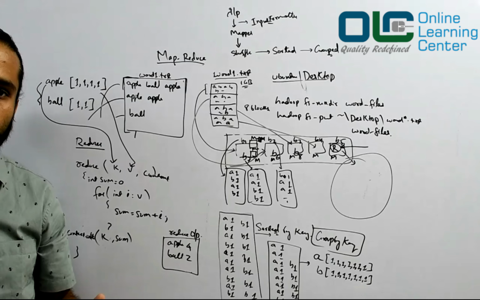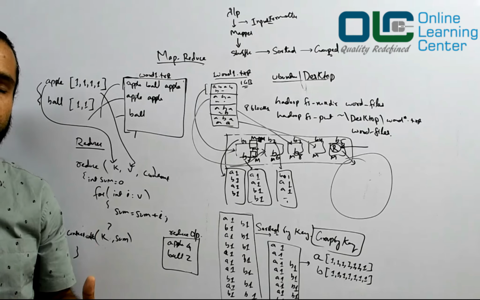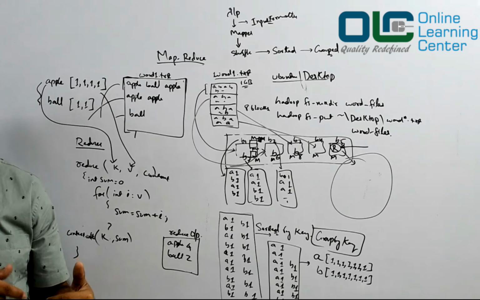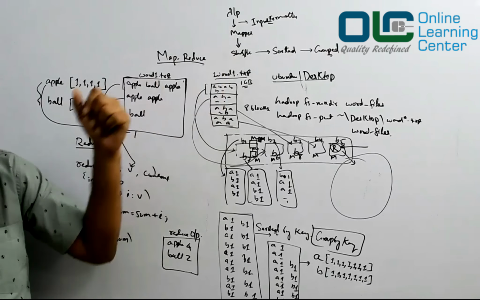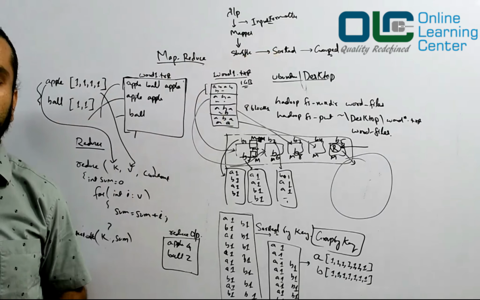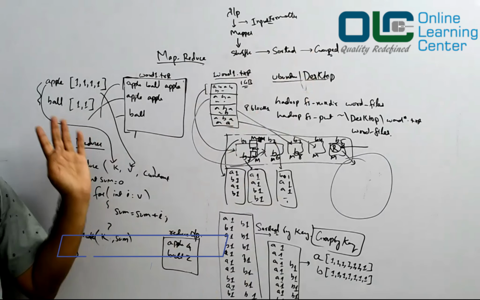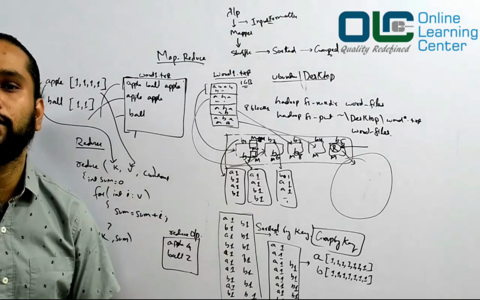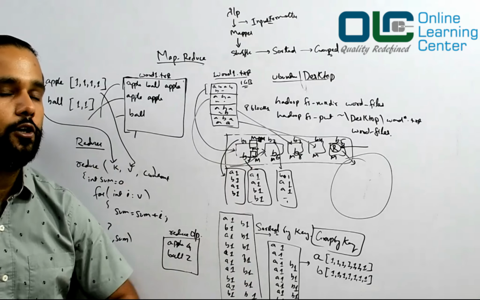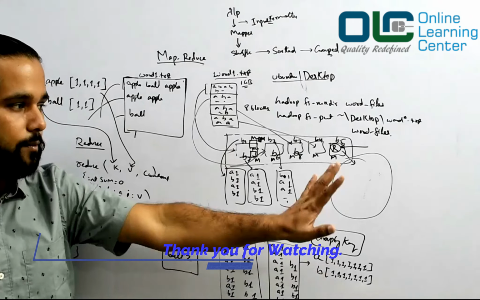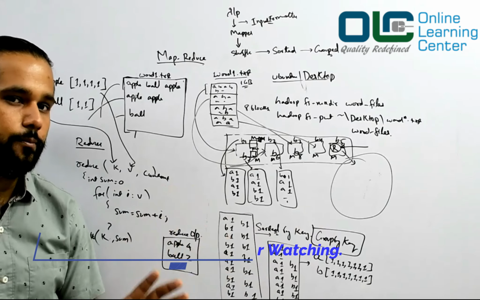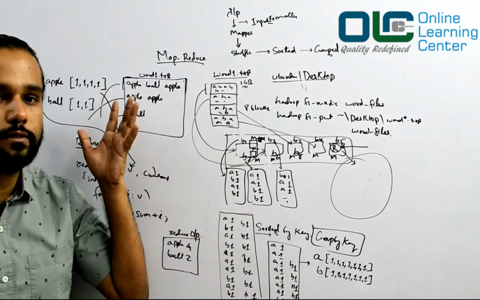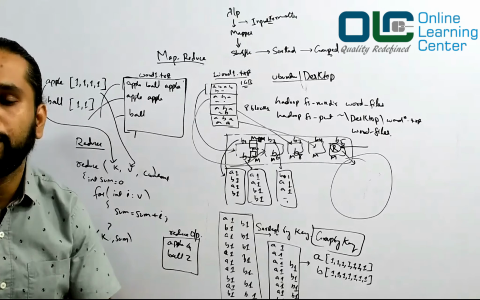Write it down in a notebook and try to practice. You should understand how the data is coming to the mapper, what the mapper is doing, what the output from the mapper is, what happens in the shuffle, how the data would be sorted and grouped by, and how the data would go to the reducer. If you understand this and are able to write it practically, then trust me, you'll be able to solve a lot of problems. That's the power of this word count example. It's very, very important. Every good book teaches you word count at least, because that's the base. This is the hello world example for any big data developer.